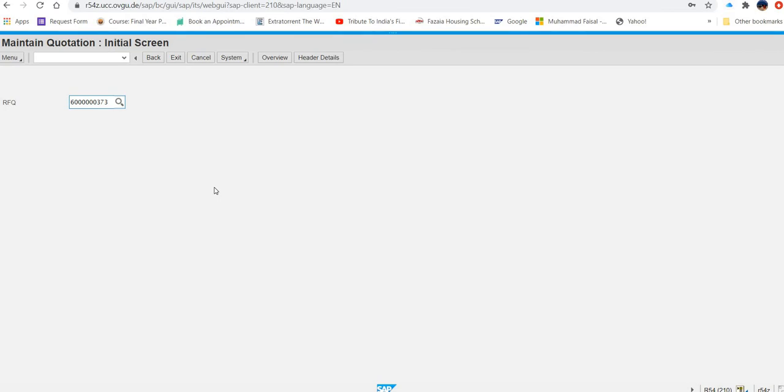A screen is generated where one of the RFQs is displayed. Now what they are asking us to do in this case, once the quotation is there, in the maintain quotation item overview screen, see, they pick the last quotation for me, 373, automatically.